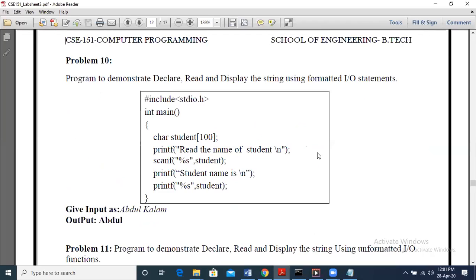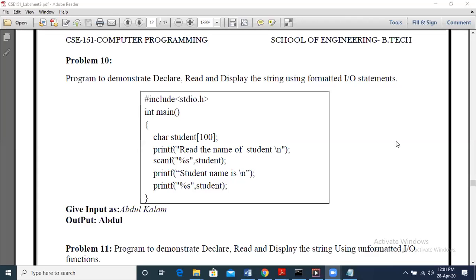Please watch them, and I will be sharing the links for these videos also. Until Saturday you watch these videos, and after this, problem 10 starts from strings. We will discuss strings also.